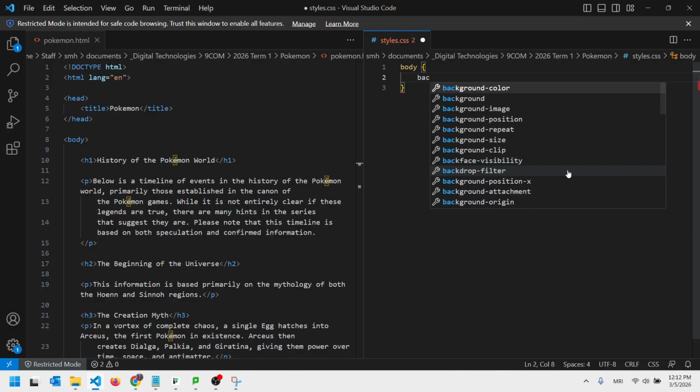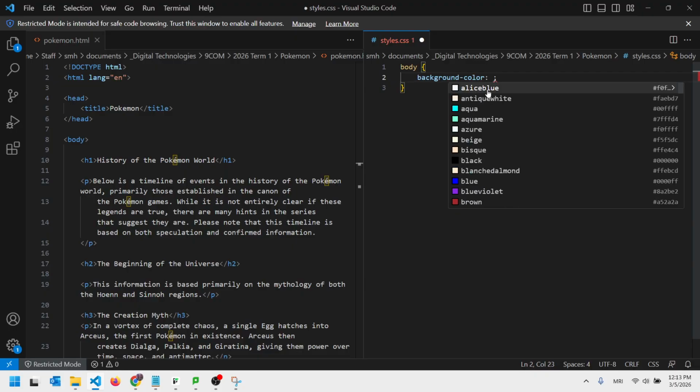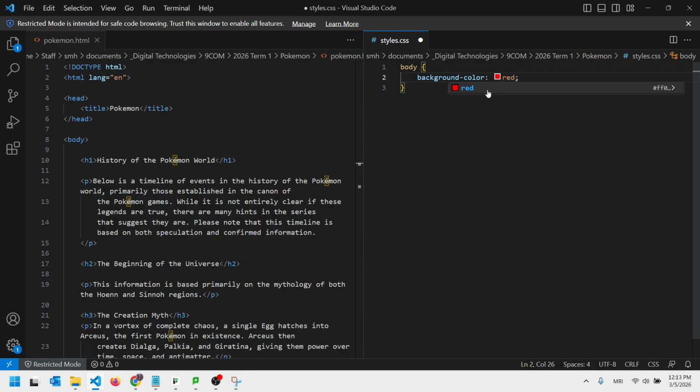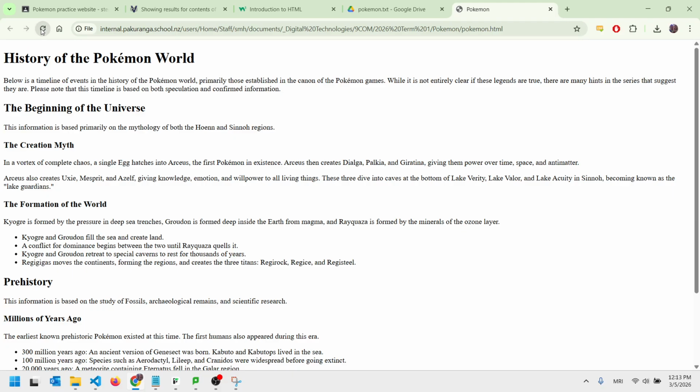So I'm going to type background-color. Always use the autocomplete because they spell color the American way, for instance, and they do the hyphen exactly like this. You're going to make errors unless you use the autocomplete. Background-color, and let's go red. Okay, Control S, save that, and I'm going to refresh,